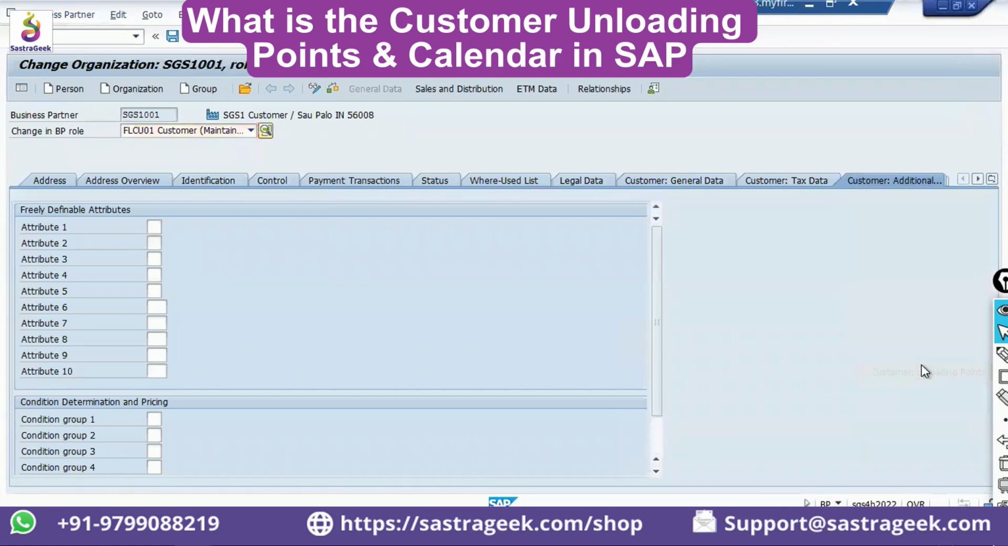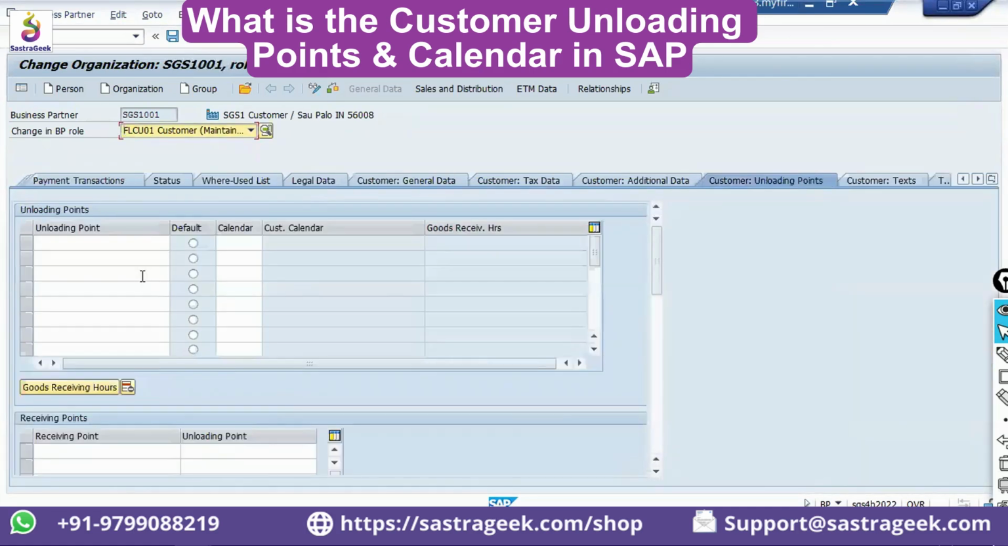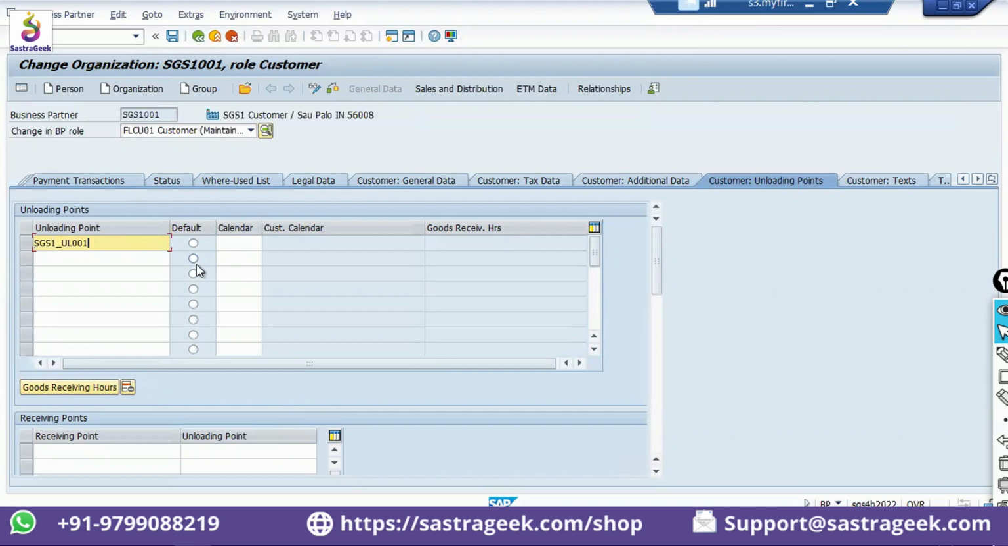We also have customer unloading points. So you can define the unloading point here. Okay, so this is SGS1, UL001, and while creating your sales order, you can mention what the default unloading points are. You can mention it here, and you can also mention, if multiple unloading points are there, at which unloading point you need to